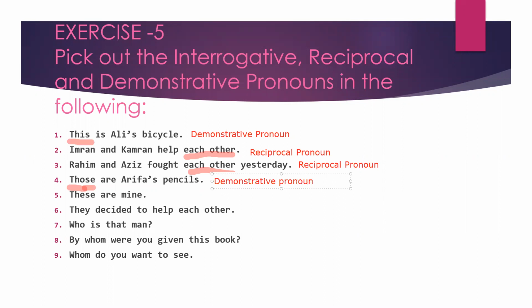Demonstrative pronoun. Good. Number 5. These are mine. Again, we have to underline. Yes, so this is here, these. These are mine. So if those is a demonstrative pronoun, so what about the sentence number 5? These. Yes. Same. Demonstrative pronoun. As I told you that this, these, those, they are going to point out the things,